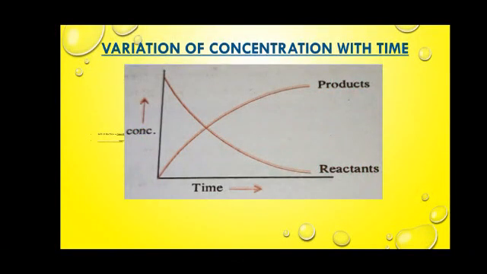This is the plot which presents the variation of concentration with time, where concentration is considered on the y-axis and time is taken on the x-axis. Again, that's simple, what we have studied in the definition, that when the reaction progresses, reactants decrease. So this is very clearly visible in the graph. And product starts from zero, meaning this plot starts from the origin. It means the amount of product is increasing as the reaction progresses in the forward direction.